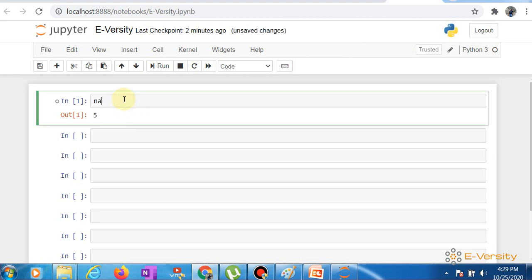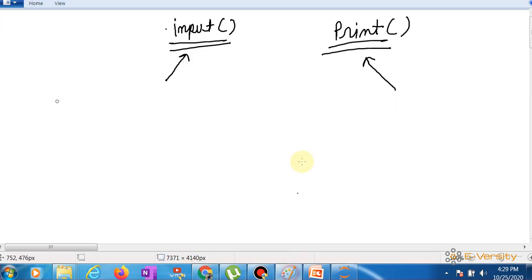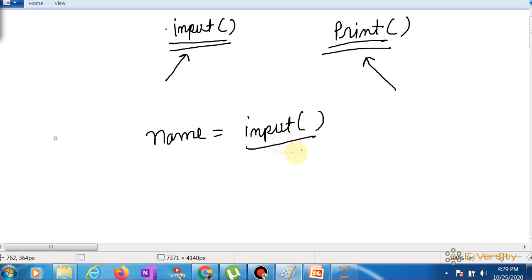Suppose I just want to take the name. So name is equal to, you can use the input function. This is a predefined function. So name is equal to input. Okay, just understand this line. Basically input is a predefined function which is used to take the input. Is equal to is the assignment operator. So obviously it takes the value from the right hand side and puts the value into the left hand side. So whatever value this function is taking from the user, it is putting into the variable.